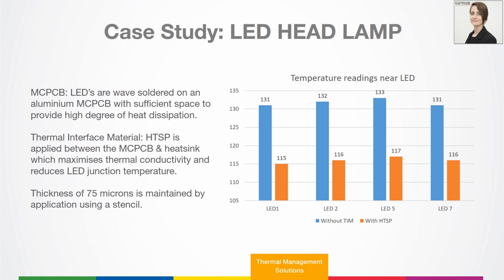The overall temperature will depend on how that array is aligned, what LED you have used, and the overall conditions. So by being able to reduce the operating temperature of that PCB by 15 degrees, you are increasing the lifetime of those LEDs by thousands and thousands of hours. The lifetime of an LED is directly related to its junction temperature. So it will be more efficient and it will last longer if you can reduce that temperature. Just for your information, in this case, the thickness was 75 microns and that thickness was maintained using a stencil